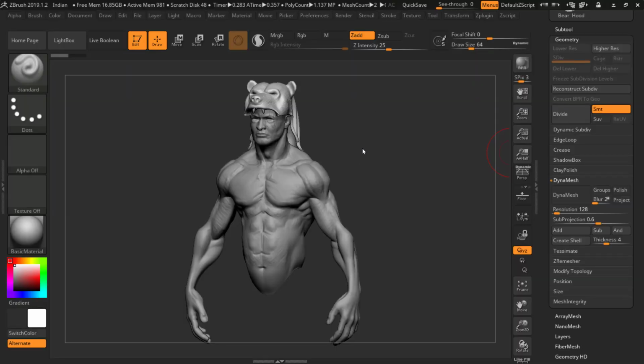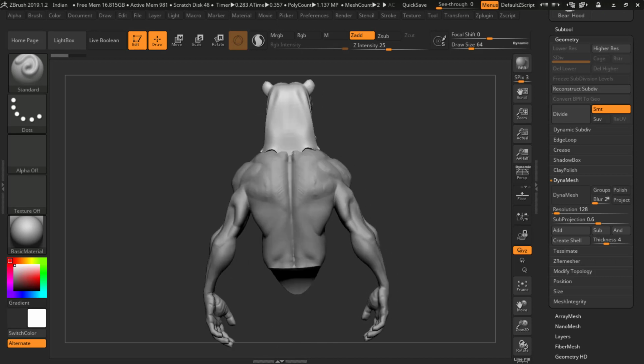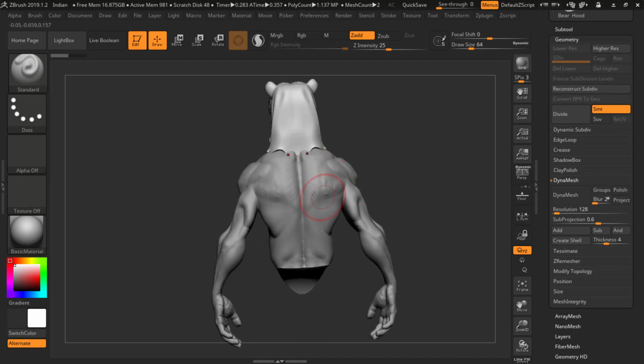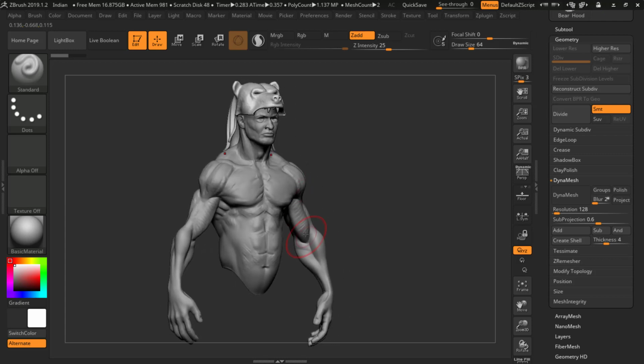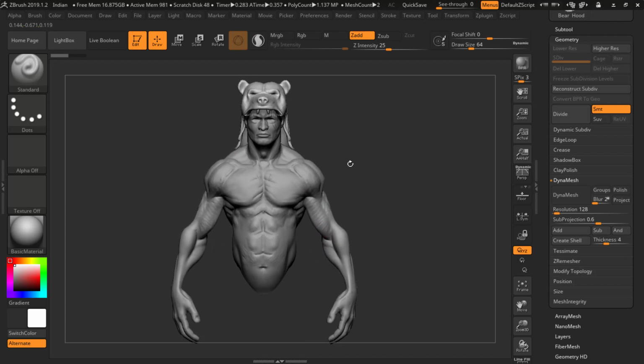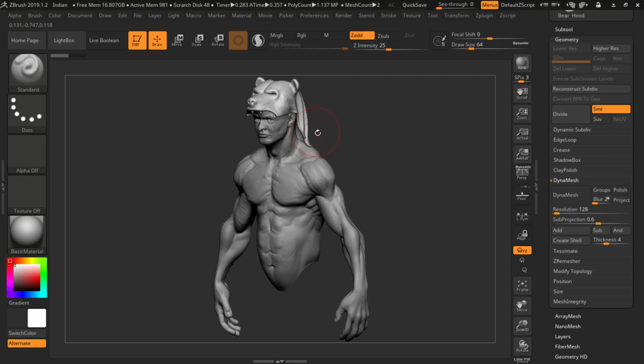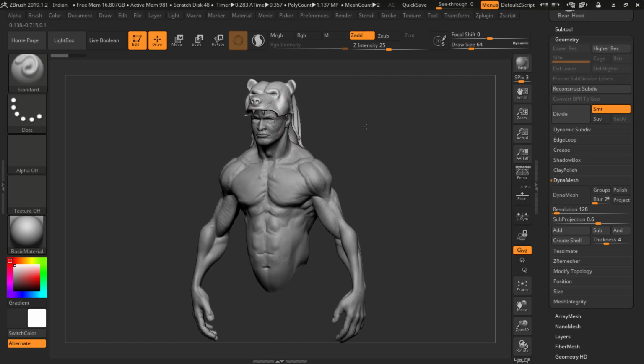Alright, so now that you've done a skull, a spine, and a rib cage, I'm going to cover briefly how to start to make a torso, something like this. That's going to be your next project. It doesn't necessarily have to be a male torso, but it could be something generic. I'm making this Indian character, a Native American character rather, and